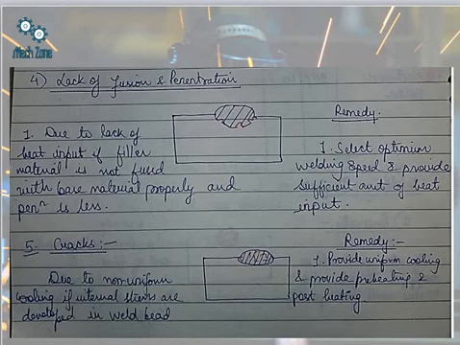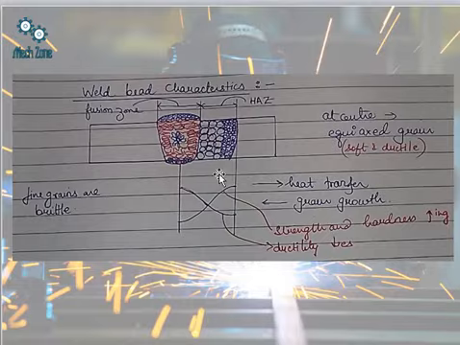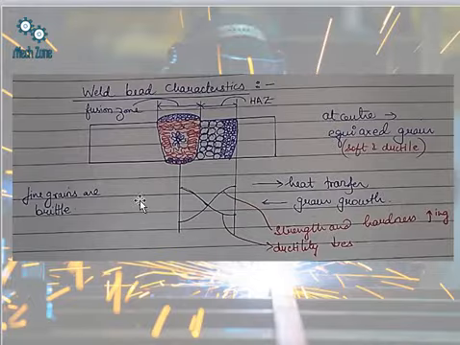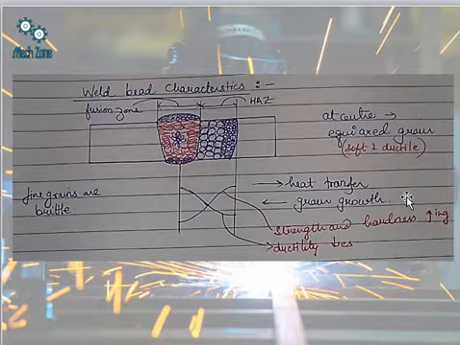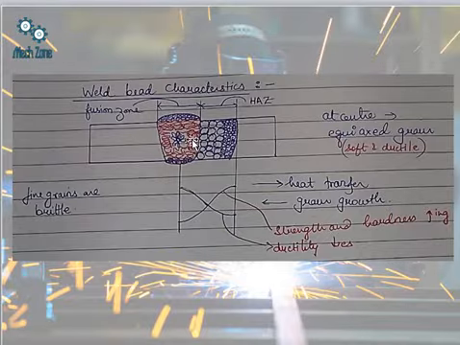So the next topic is अबाउट द वेल्ड बीड कैरेक्टरिस्टिक्स. देखिए यहाँ पर जो होता है ये वेल्डिंग होती है, ठीक है, और जैसे जैसे हम यहाँ से आगे बढ़ेंगे तो हमारा जो हीट ट्रांसफर है, हीट ट्रांसफर इज एक्चुअली गेटिंग रिड्यूस्ड. मतलब इस डायरेक्शन में हमारा हीट ट्रांसफर होगा बिकॉज यहाँ पर टेम्परेचर हाई है, यहाँ है टेम्परेचर लो, तो देयर इज अ नेगेटिव टेम्परेचर ग्रेडियंट फ्रॉम हियर टू हियर एंड ग्रेन ग्रोथ इज एक्चुअली टेकिंग प्लेस.